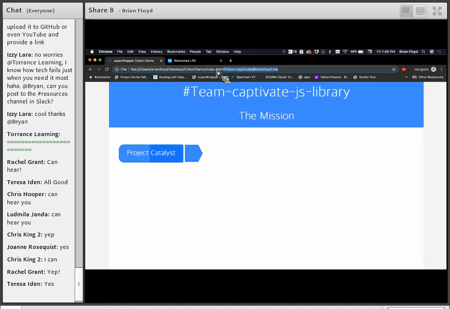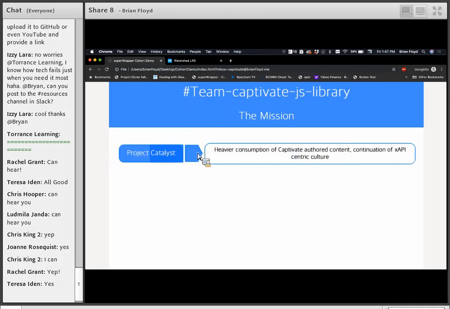capture the actor. So just to get started here, I wanted to talk about why this project came to be, how we think about it, all of that sort of stuff. This project, Catalyst, became one of the tools that we use where I work. It's an app that is capable of playing Captivate content, HTML content. And we had a new use case, and all of a sudden we had a much heavier consumption of Captivate authored content